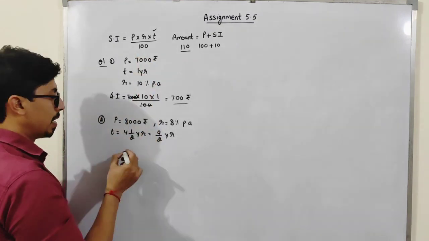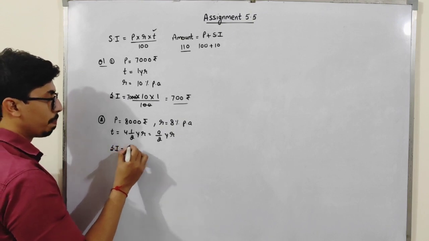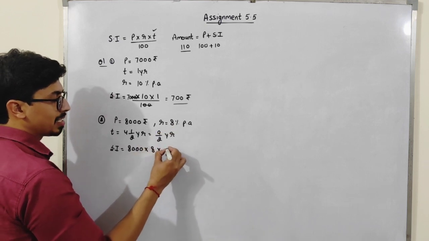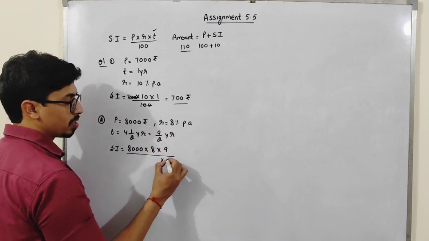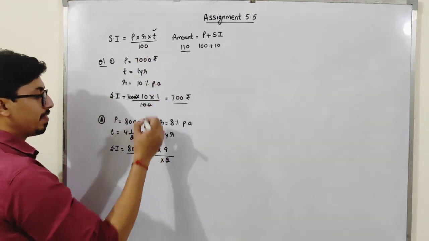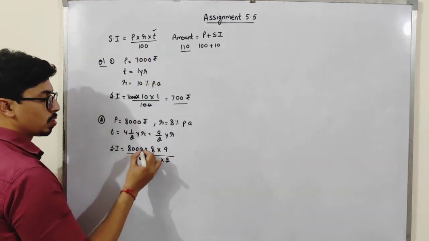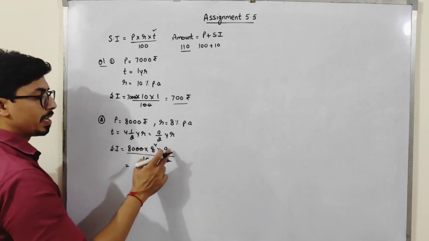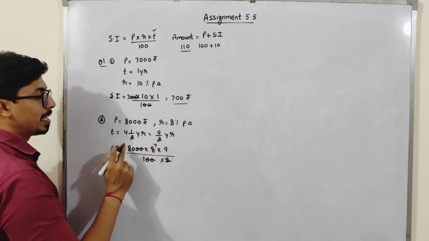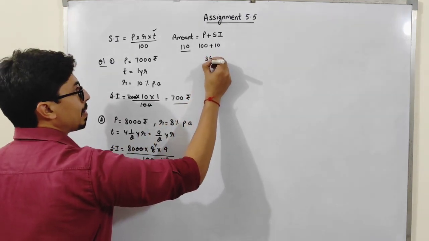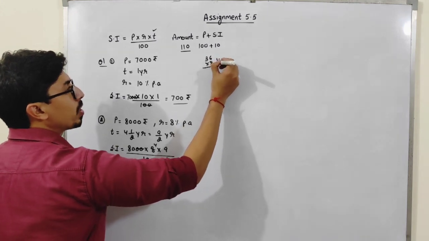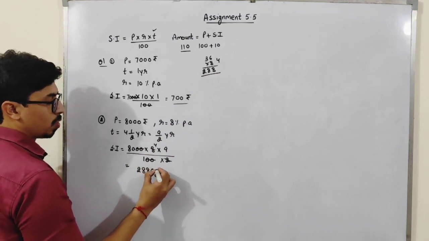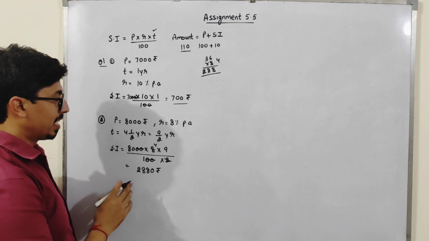So first of all, find the simple interest. So simple interest is equal to P, that is 8,000, into R, that is 8, into time, that is 9 upon 2. So the 2 will go in the denominator. And in the denominator we have 100 as well. So 2 zeros cancel out by these 2 zeros. 2 4s are 8. 9 4s are 36. 36 when multiplied by 8. So 8 6s are 48, 4 carried over. So 2880 rupees. So this is the interest that he has to pay.